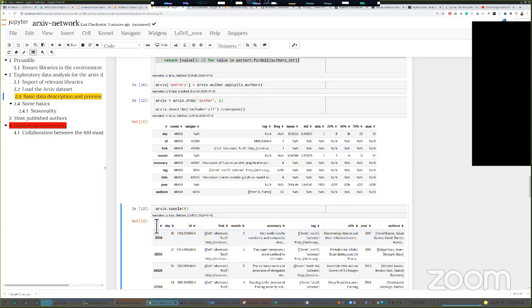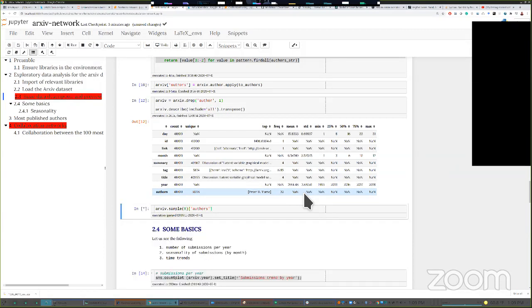Actually, let me do one thing just to illustrate this. This is very wide. Let me just take a sample of authors, so we can see it in all its glory. There we go. Let's try this. Oh, it can't run because this other project is running. Okay, let me go stop the other one. Oh, goodness. All right, let me kill the kernel. Restart.